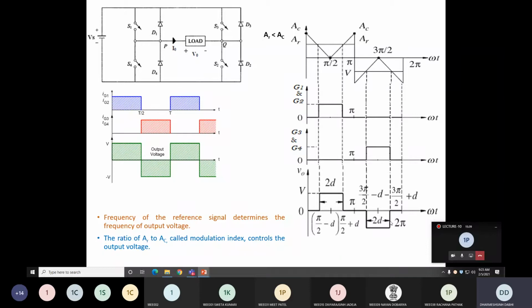Okay. So you can compare this output of single pulse width modulation with the normal square wave inverter. In the square wave inverter case, you get less output as compared to this output. So it means that you can vary the output between 0 to V volts in the single pulse width modulation technique. But in the square wave method, you cannot control it. You get a fixed voltage V in the positive and a fixed voltage minus V in the negative side. So that is one advantage: you can control the magnitude of the output voltage, and by changing the magnitude of the output voltage, you can also control the harmonics.